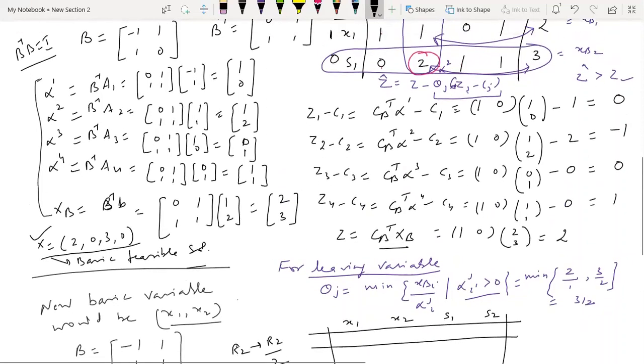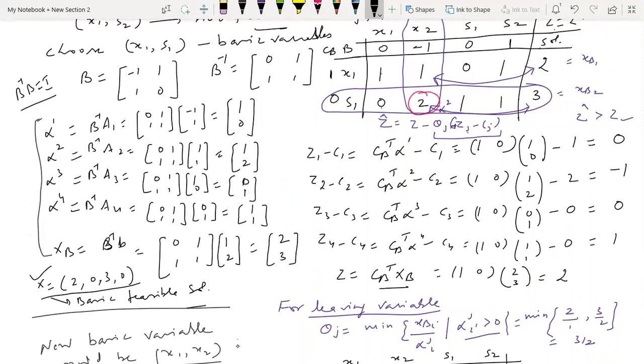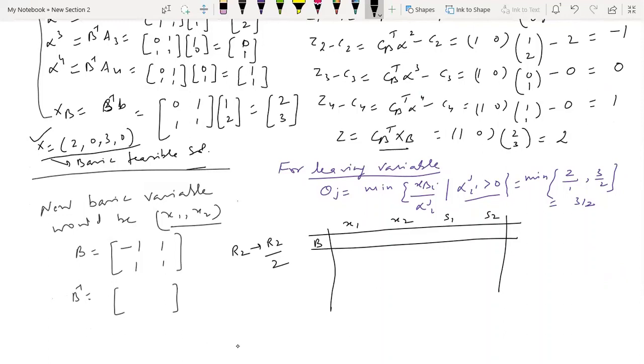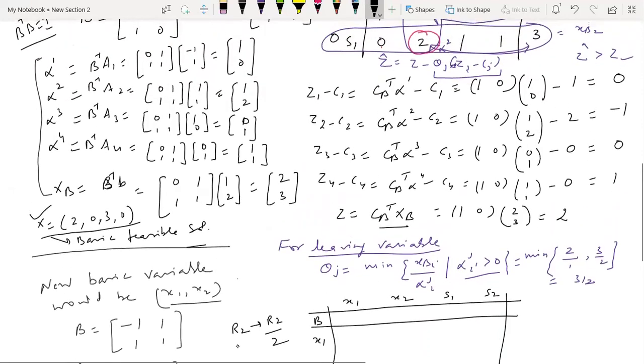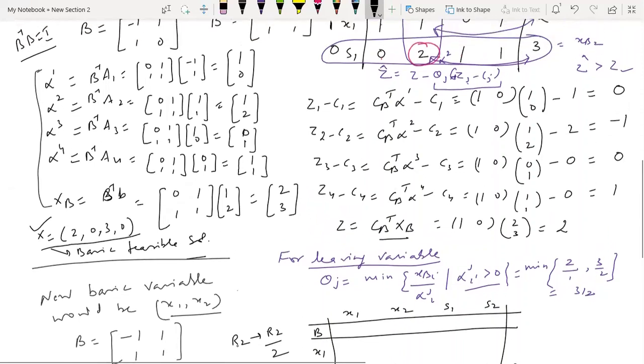And because s1 is now removed from the basis and x2 has been replaced by this, I have my new basis as what? x1 and x2, right? Because s1 has been removed now. So if I divide each element of this row by 2, what I am getting here is, you see, this is 0, this is 1, again 1 by 2, 1 by 2, and the right hand side is 3 by 2. So I directly got my row.